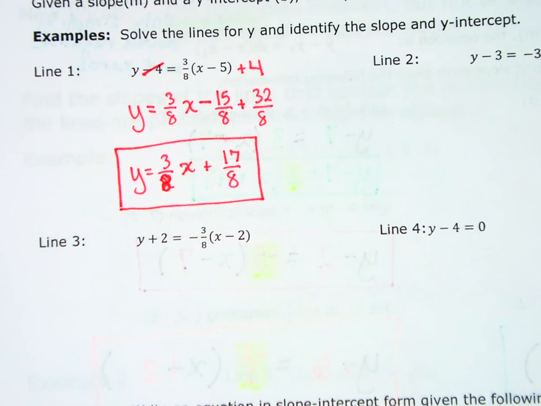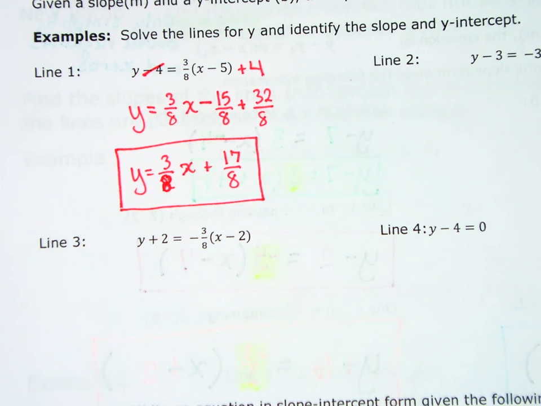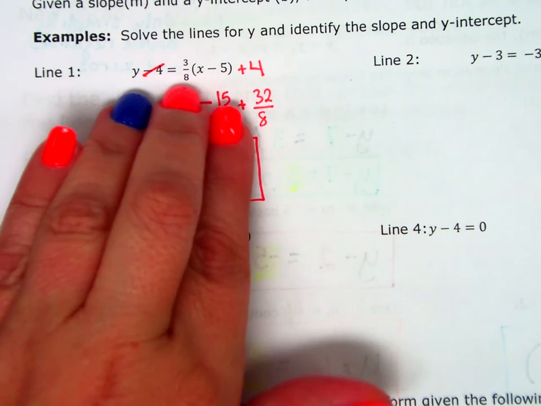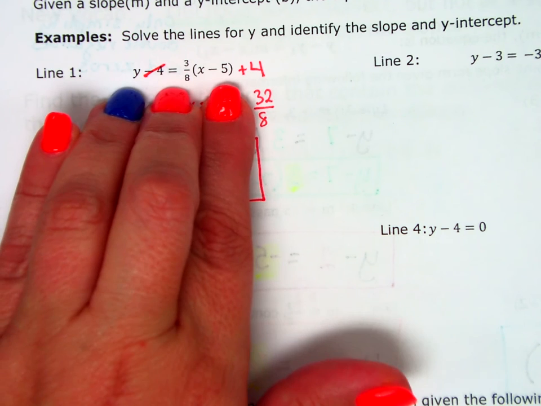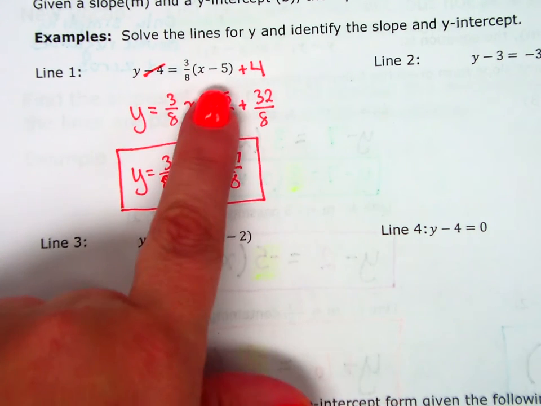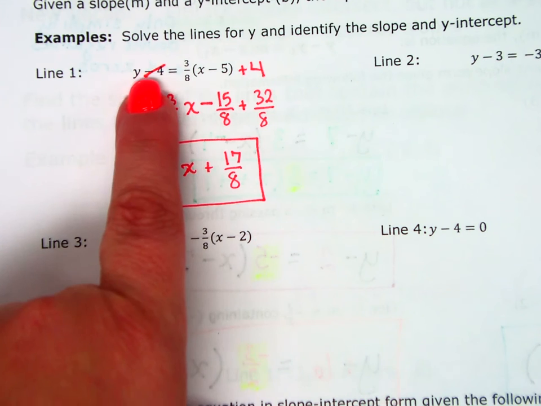That's it. So now, if I have to graph this, that's going to be difficult for me to graph, because to figure out where 17/8 is on my y-axis, I know it's just a little bit above 16/8, which would be 2. So I know it's a little above 2, right? But I don't know exactly where. And then from that little above 2, I have to go up 3/8, up 3/8, or down 3 back 8, down 3 back 8. So in this case, my original equation would have been easier to graph,